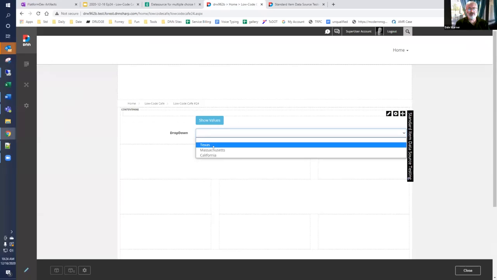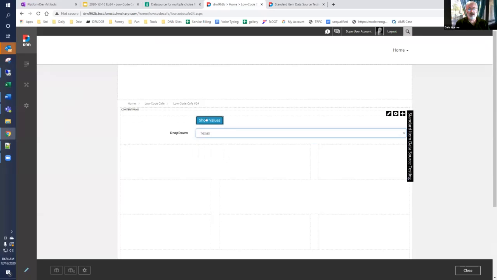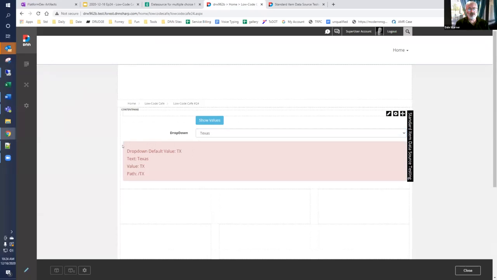So if I pick, for example, Texas and hit show values, my error message is showing the default value, which is TX, which is the internal value, but you can be explicit. The text is Texas, the value is TX, and then there's a property I didn't even know was on there, the path property on some of these that puts a slash in front of it. So if I pick a different value and show it, we see,